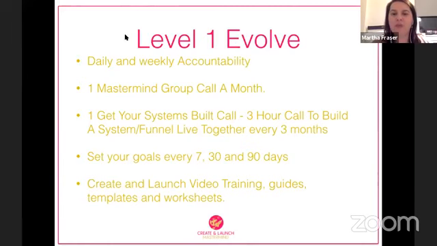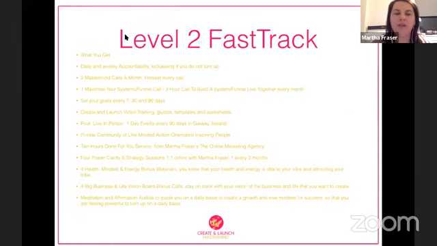And just to recap again, the fast track, there's going to be 2 calls a month. So the fast track is more supported in that you get more access to myself. I am probably on your case even more in the fast track group. There are 4 live events in the fast track group. The level 1 Evolve is fully online, whereas with the fast track you come together, and a bit of magic happens when people get in the room together.